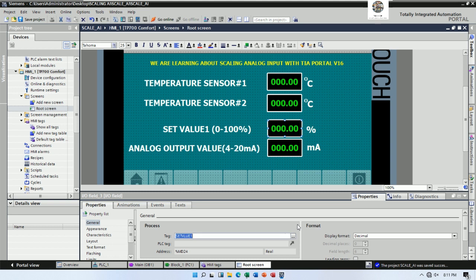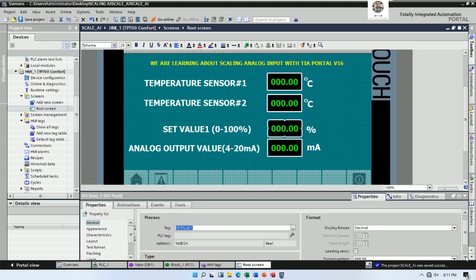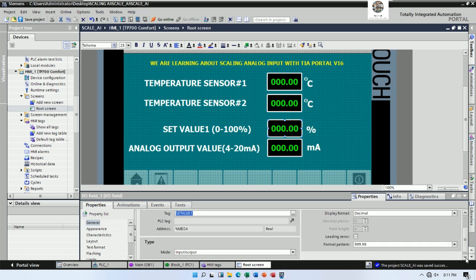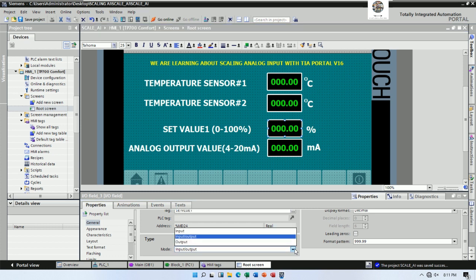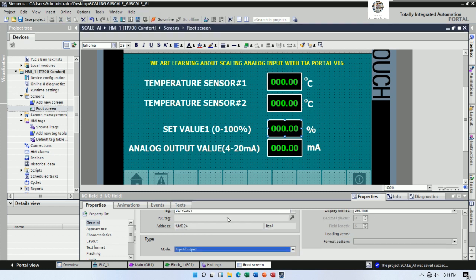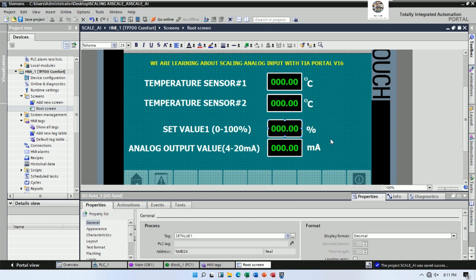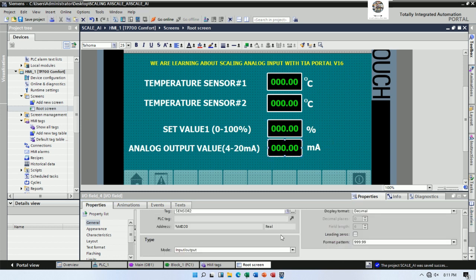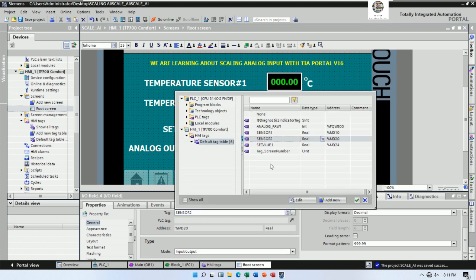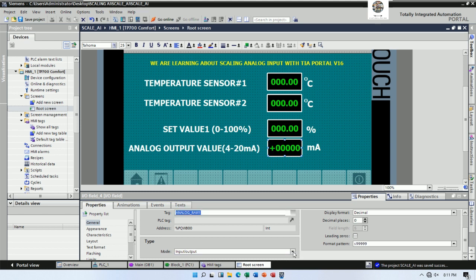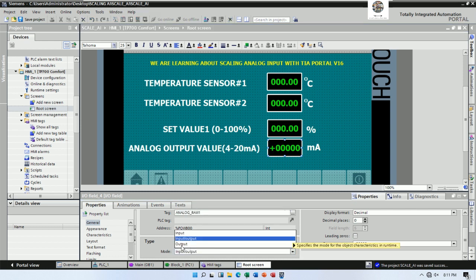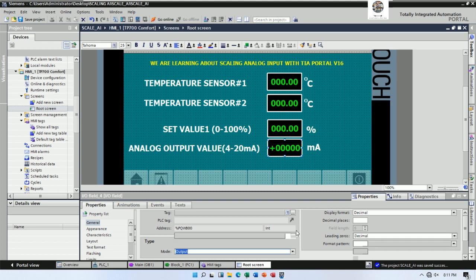Okay, it is the real, and it is the input, right? So we can select input. Okay, so if we select input, we can set, and for this one is output, right? So the first we can select text, and then this one should be output. Okay,